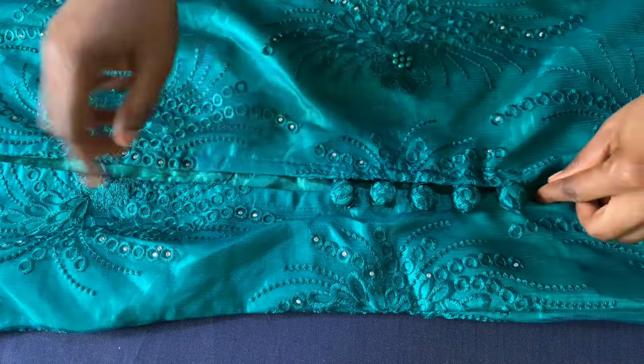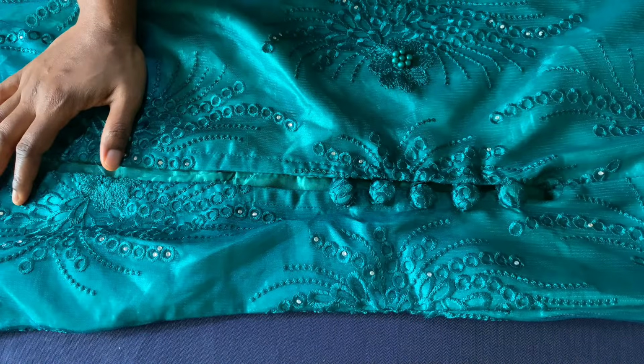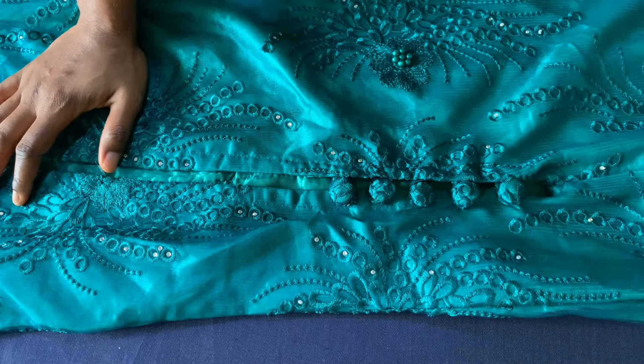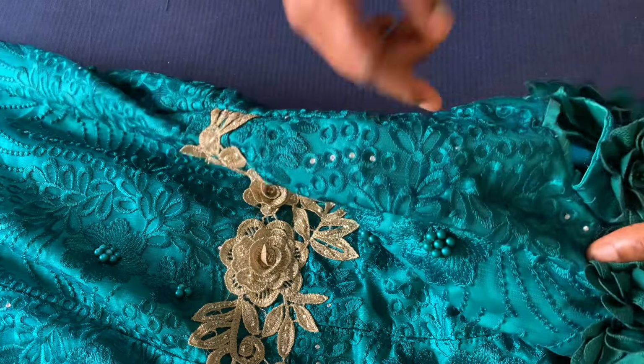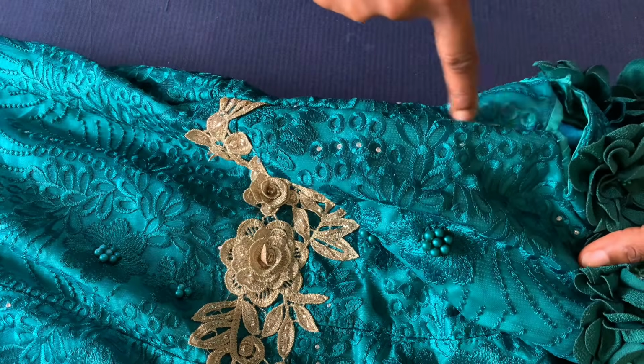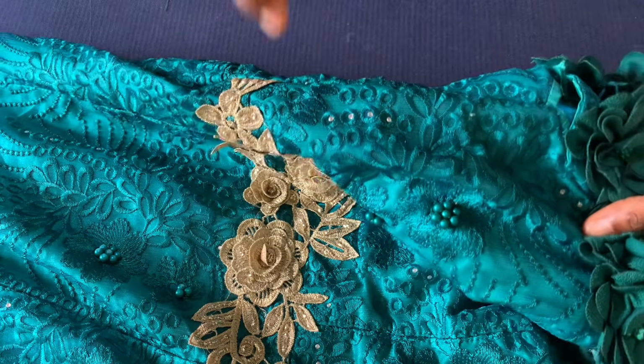Okay, so what I'll do now is to shape the bust of the dress, because the dress is slightly big on me. The bust of the dress is slightly bigger than my present bust measurement, so I'll loosen it up here and then shape it inside. Okay,